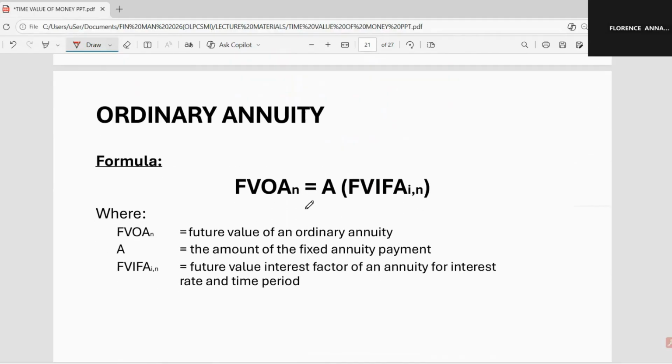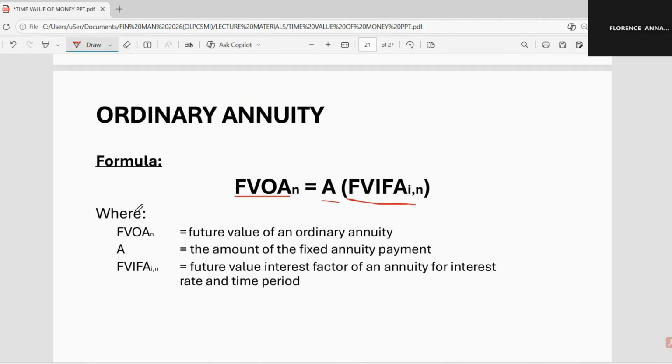Now, how do we compute for your FVOA or your future value of ordinary annuity? So, your FVOA is equal to your annuity payment times your future value interest factor of annuity, or FVFA, your future value interest factor of an annuity for interest rate and time period. So remember, your FVOA is A times your FVFA,